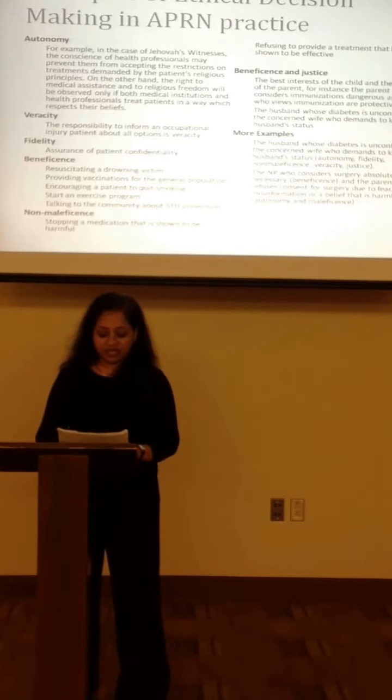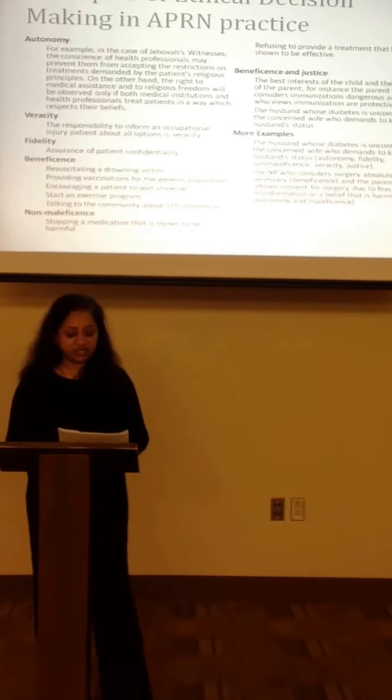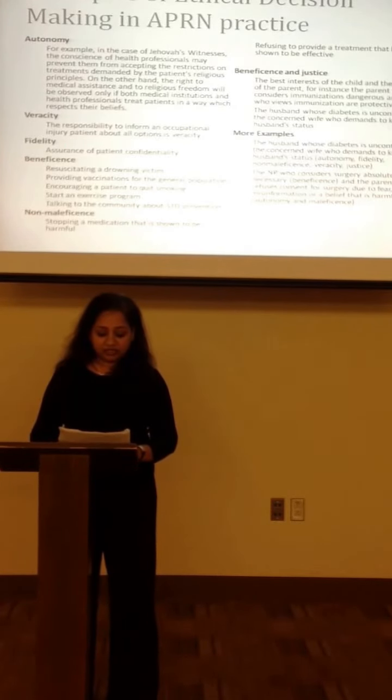There are a couple of examples here for beneficence. Resuscitating a drowning victim, providing vaccinations for the general population, encouraging a patient to quit smoking or start an exercise program, talking to the community about STD prevention. These all come under beneficence examples. Stopping a medication that is shown to be harmful, and refusing to provide a treatment that has not been shown to be effective, are examples of